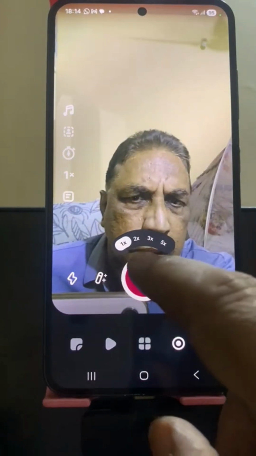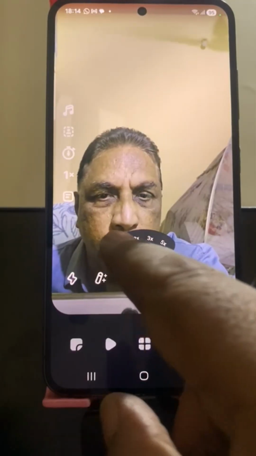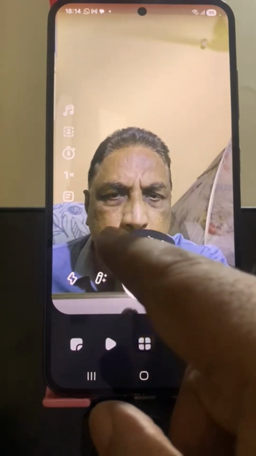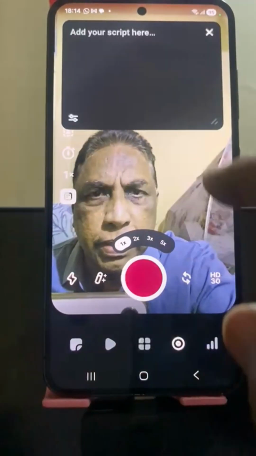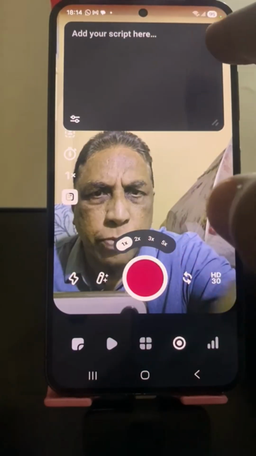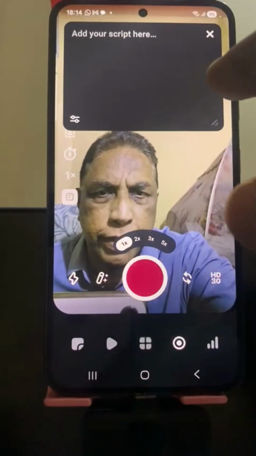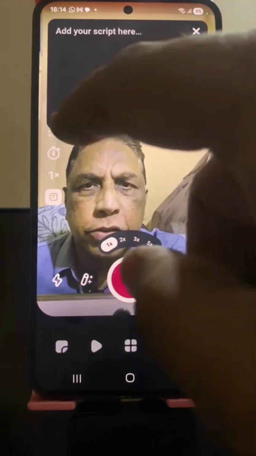Okay, this is the voice. This is the speed of the talking. 1x, 2x. Here it is kept at 1x. This is the teleprompt page. You have to paste your prompt or type your prompt here, whatever you want to read. Now, next is